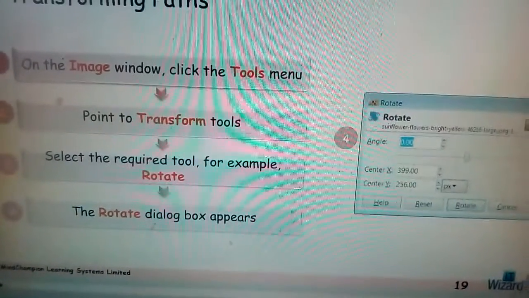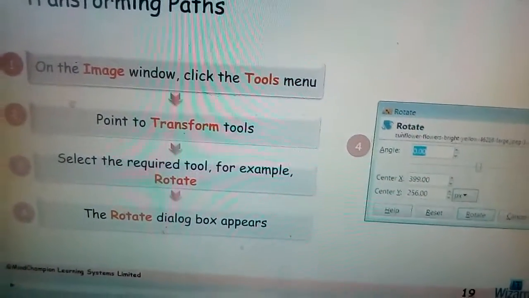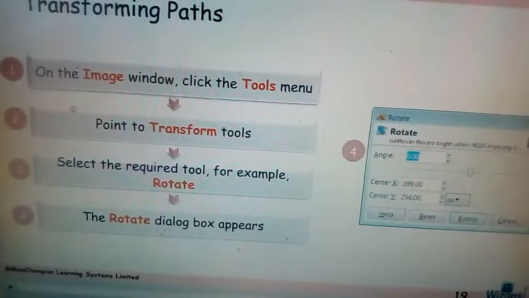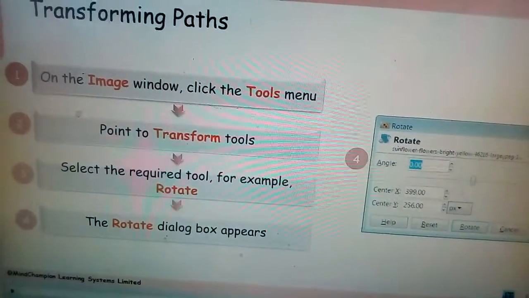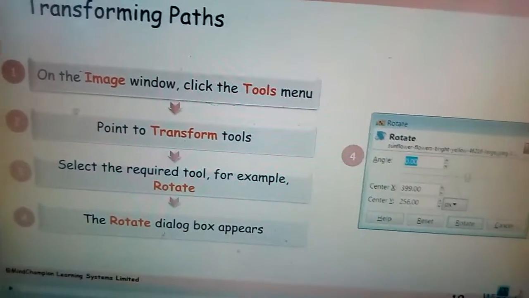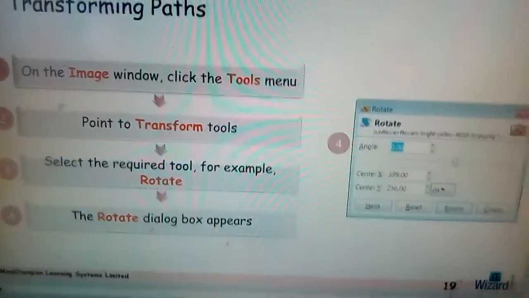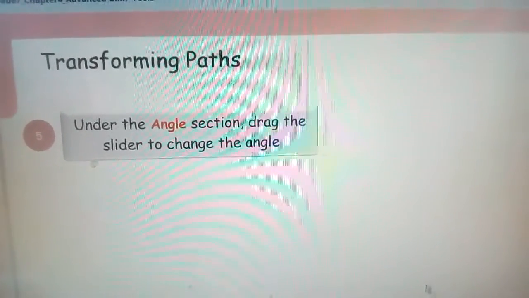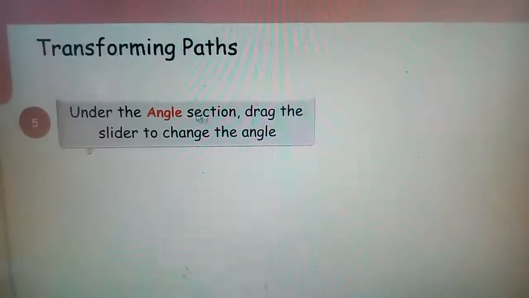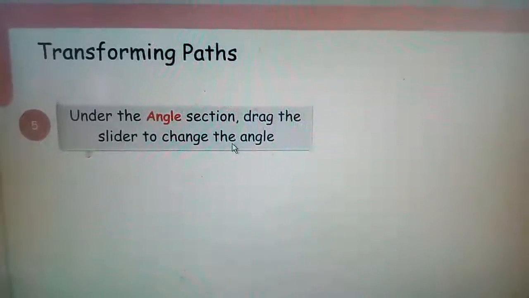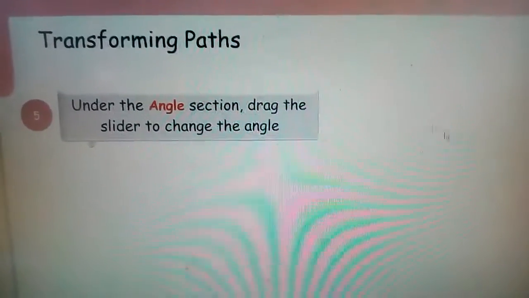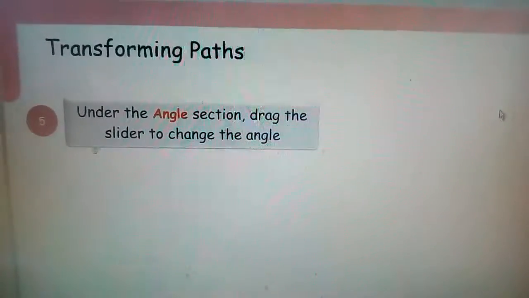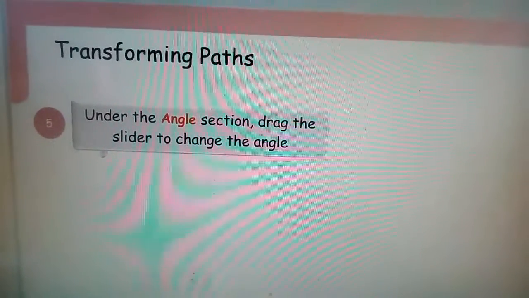After that, in the rotate dialog box, you define how much angle you want to rotate. You can see here under the angle section, drag the slider to change the angle, or you can write it also. Either you can drag or you can define.